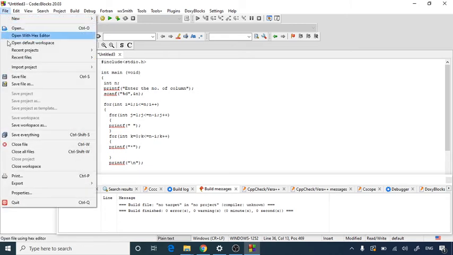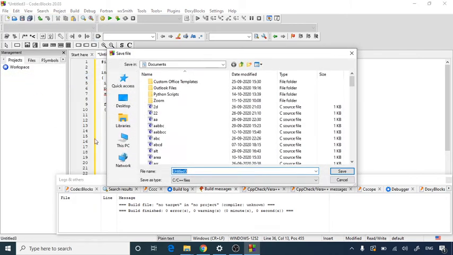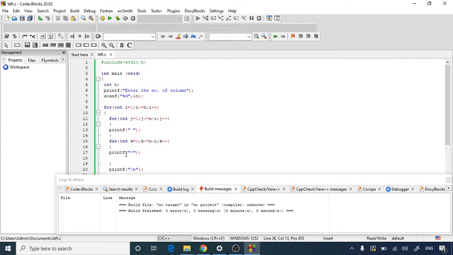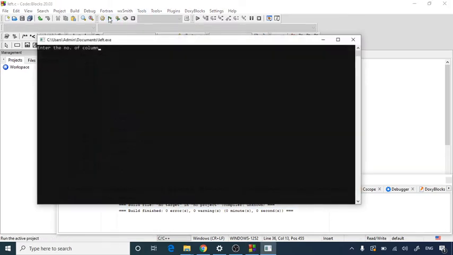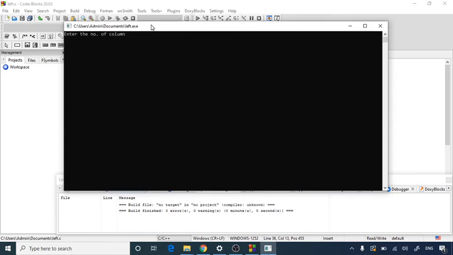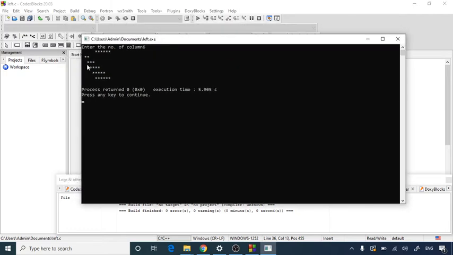Let's save this file. Save the file as left arrow dot c. After saving this, we'll build this file. If the build finishes with 0 errors, let's run this file. It will ask you to enter the number of columns. Let's put 6 and click enter. So as you can see, a left arrow